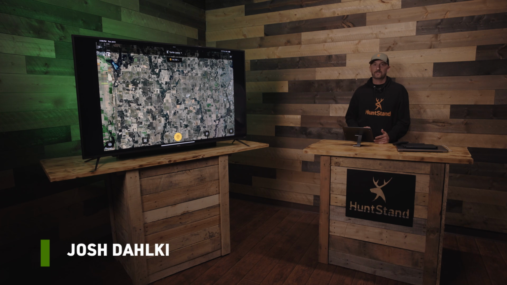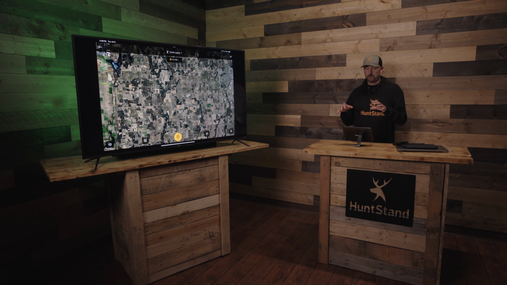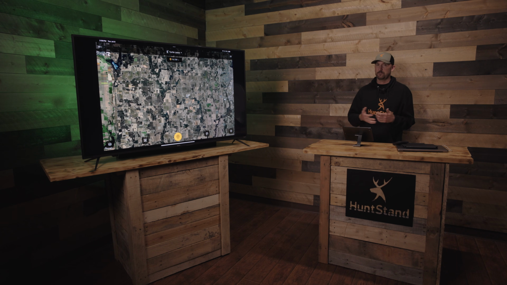So at HuntStand, we talk a lot about e-scouting from a really granular perspective. Once you've got a hunting property, you've learned what's going on to some degree. You use it to strategize and break down the property in detail. But doing it from a macro perspective can be really helpful as well, just like with your regular flow of hunting activities, whether you're bouncing around different properties or hunting